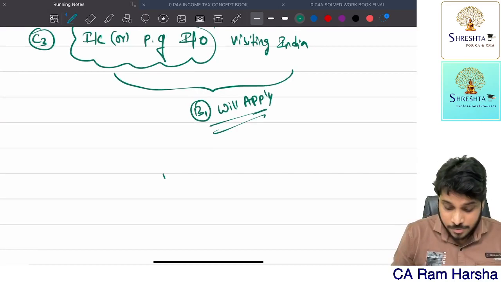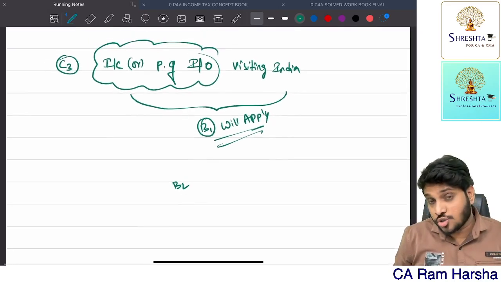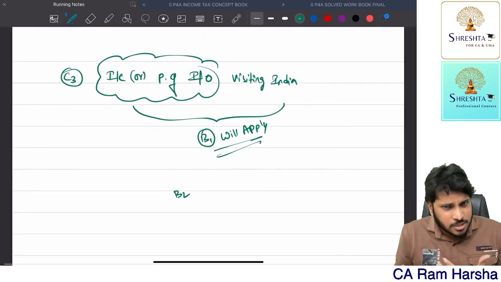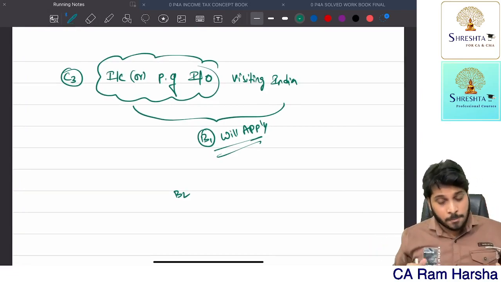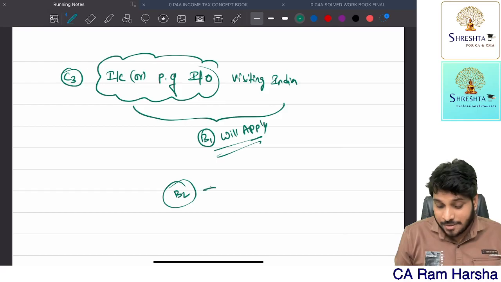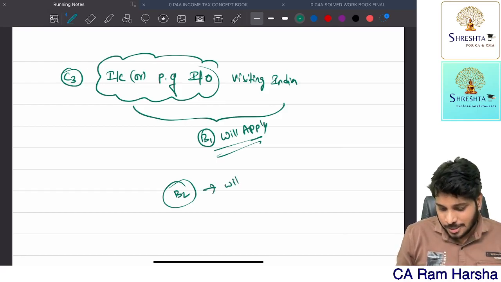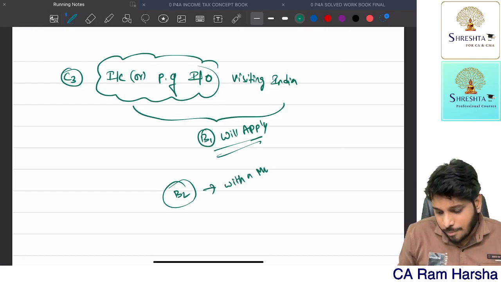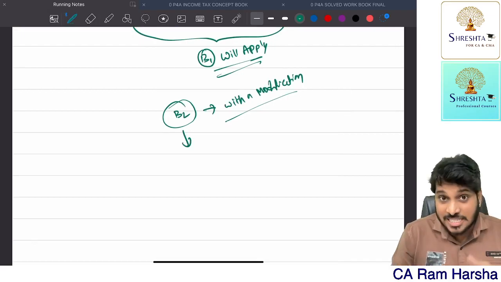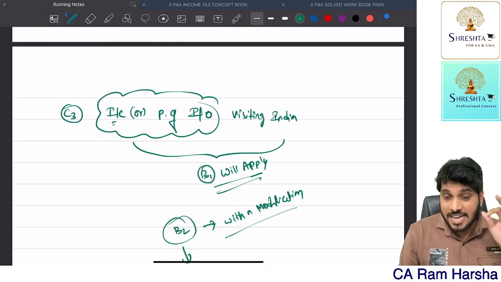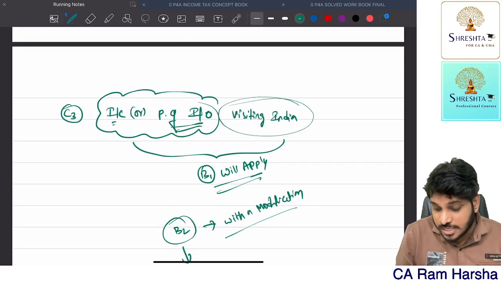Now for him, basic condition 2 also will apply. Actually, what I told just before, basic condition 2 does not apply. But for this case 3 alone, basic condition 2 will apply with a modification. What is that modification, sir? If this fellow, an Indian citizen or person of Indian origin, is visiting India,